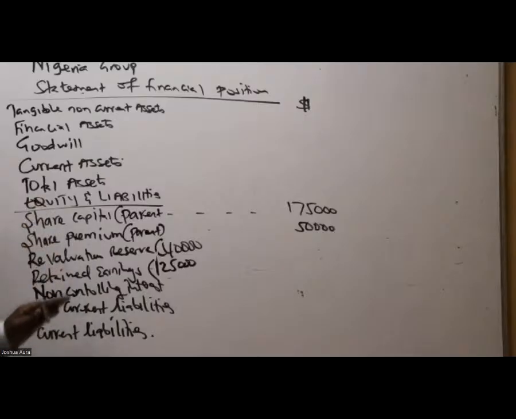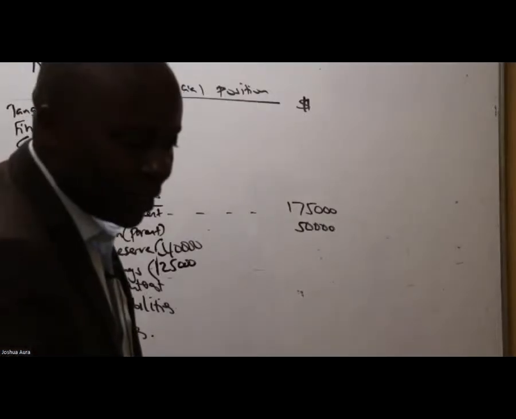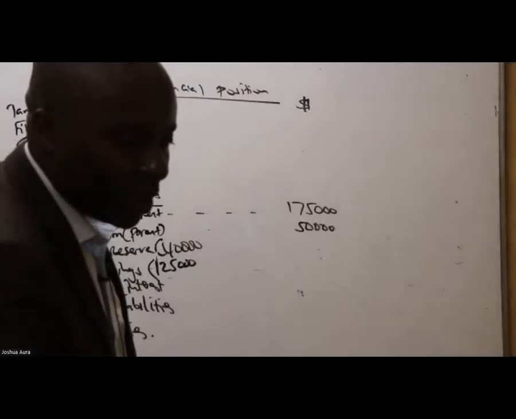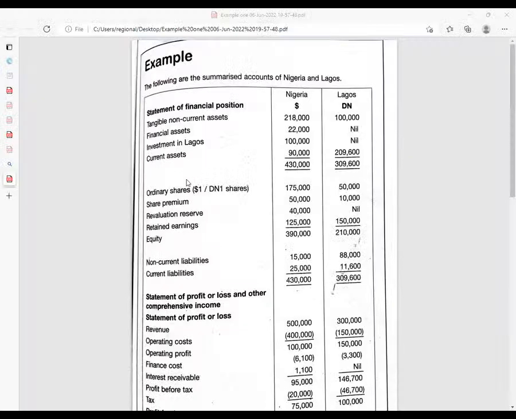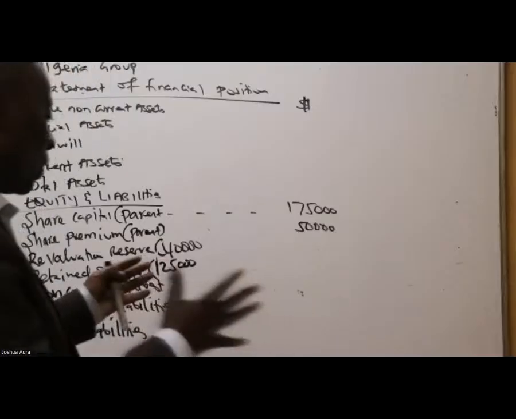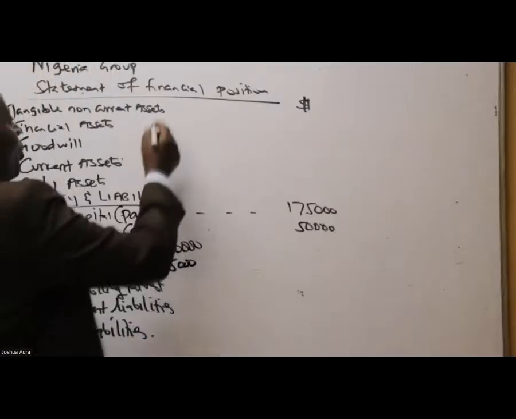That is very good. The moment you write like this, you'll end up getting so many marks without even knowing what you are doing. So we start with the first thing here, which is the tangible non-current assets. Ladies and gentlemen, I can see Nigeria as 218,000 and Lagos as 100,000. So please combine the two, because consolidation is all about adding. So 218,000